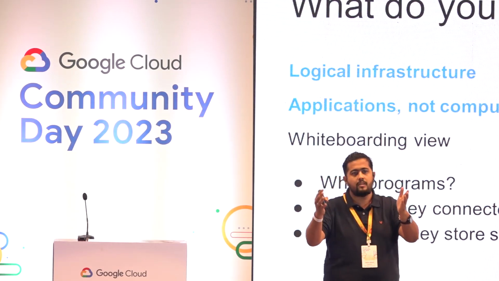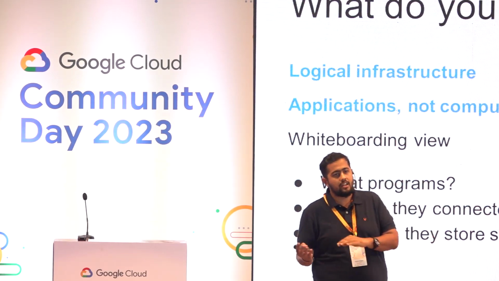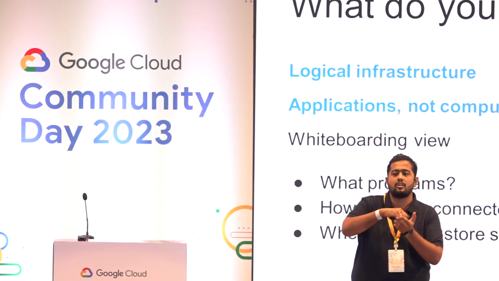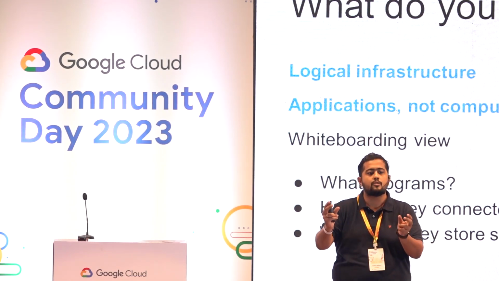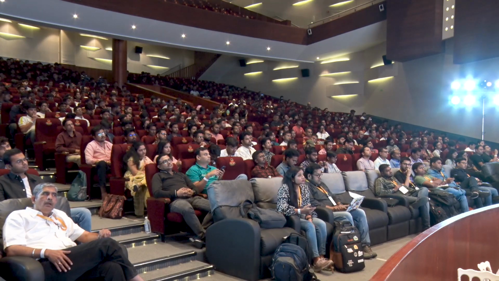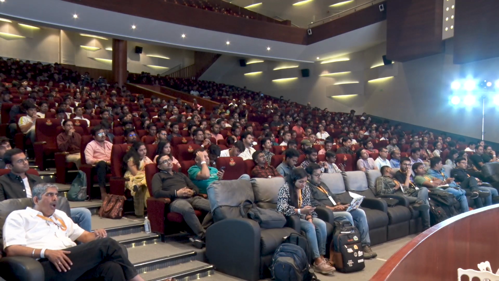So in your whiteboard, if you are connecting it, running it on GKE is similar to that. Let's say for connecting your compute to database, you'll have to write a few lines of code in your YAML file, which will connect that. If you have to connect your compute to your Redis, you'll have to write a few lines of code to connect that. So whatever you're thinking, you'll have to actually write those in the YAML file. That's what I call the whiteboarding view. And this is something the developer now has to think about.